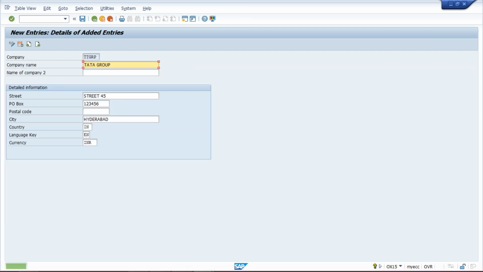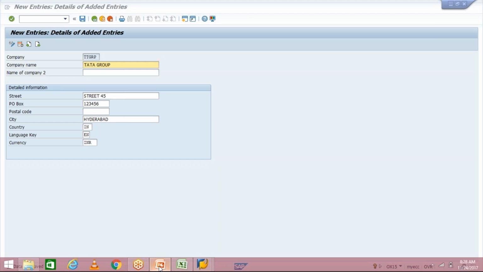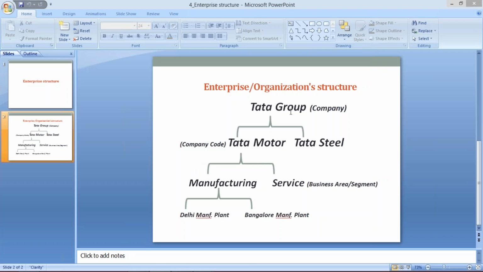Okay, so what we have done, we have created a company. We have created a company now, and we have saved it. The company has been created and this is saved. Now the next setting which you have to do is, in our enterprise structure, that company we have created, in